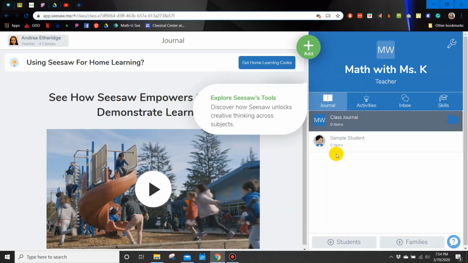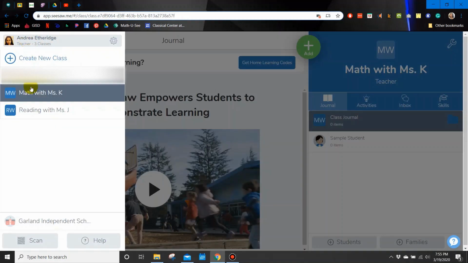Hey guys, it's me again, and I was here with a little Seesaw how-to. I had some questions about how I could create Seesaw if I had multiple different classes or if I'm in charge of one section and my partner is in charge of the other. So what I did here was I went ahead and I created two different courses, Math with Miss K and Reading with Miss J, to show what it would look like if I created two different classes,